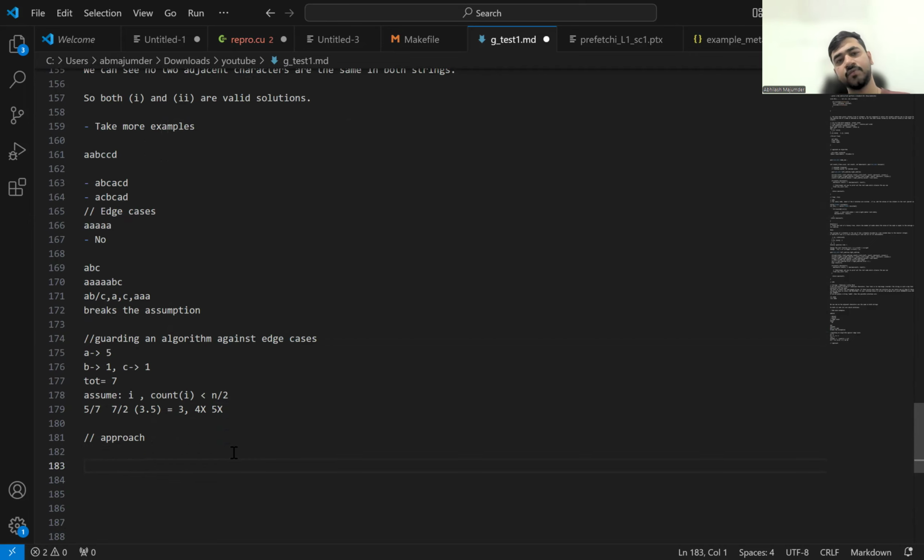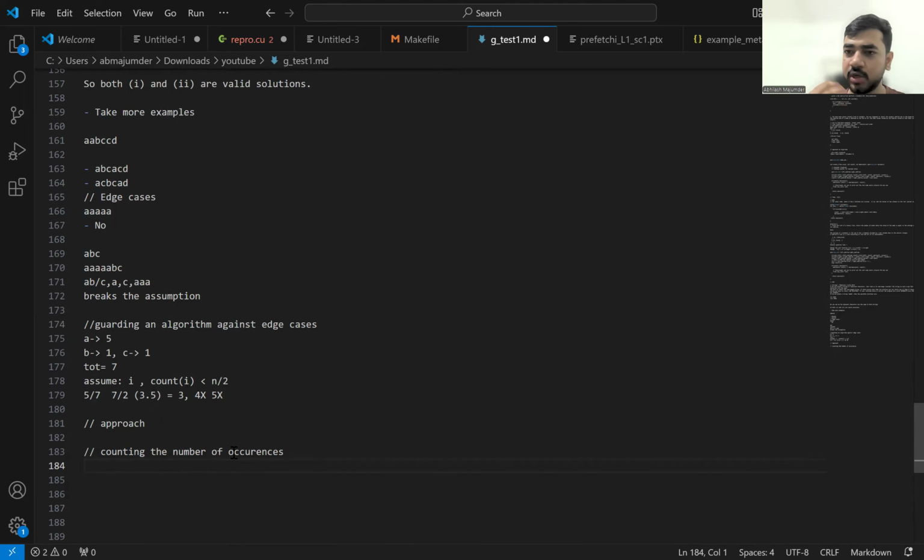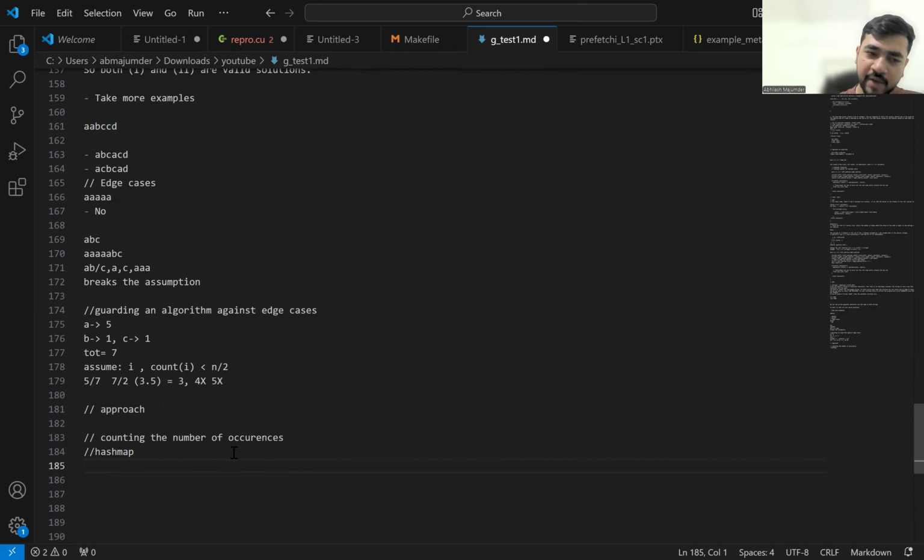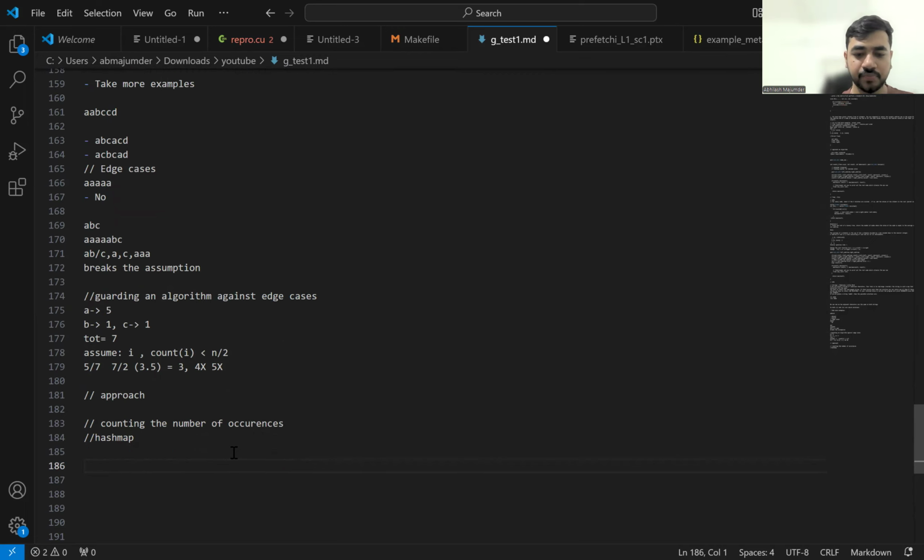So this can be thought of as a very beautiful problem in the sense that the way I'm thinking is I'm counting something, counting the number of occurrences, right? And whenever we count the number of occurrences, we generally involve something called a hash map, right? So I want to have a hash map which actually counts the number of elements and their corresponding counts, right? So if I write counting,